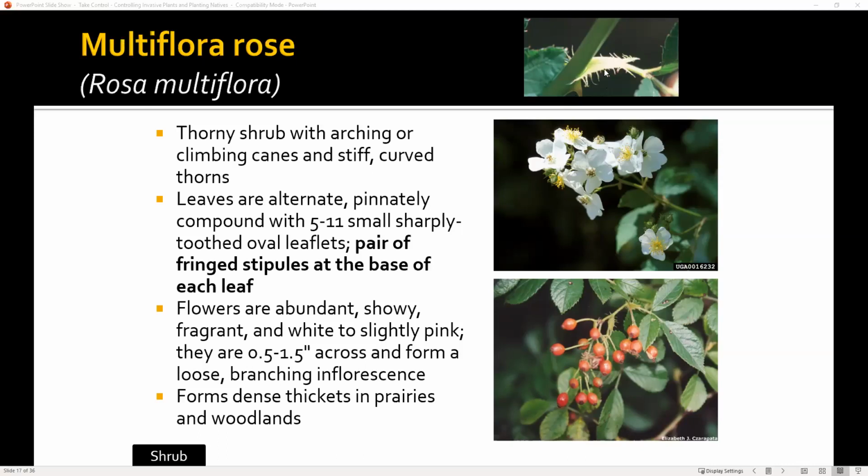All roses have stipules, but they all look different. Most of our native roses, it's just a plain green, like a pair of green ears, one on each side of the petiole, no fringes. So if you have a leaf and you see these fringy stipules at the bottom, you have Multiflora rose, the invasive one. The other way, if you have flowers and fruits, the other way that you can know this is